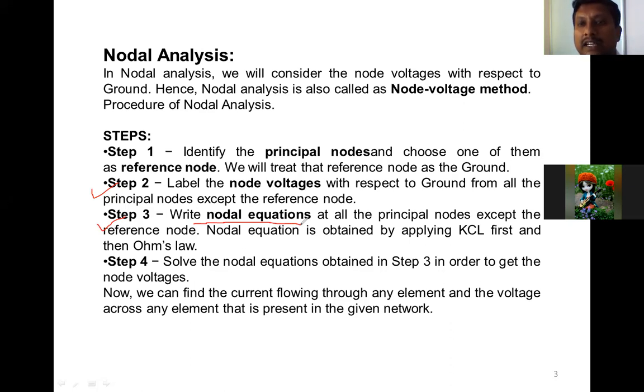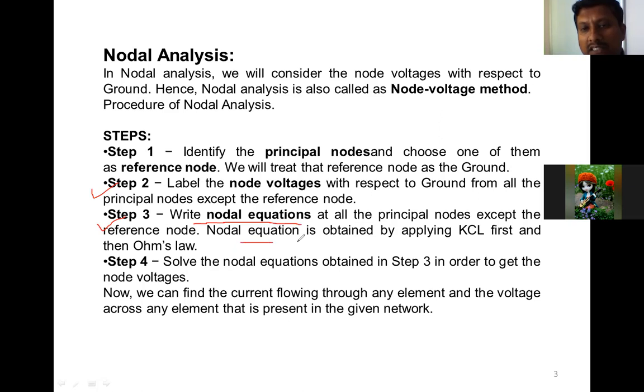Then after that, you can apply the KCL at the second node and you get the second equation. Means 2 unknowns will be there, V1 and V2, and 2 equations you can get. By solving 2 unknowns and 2 equations, you can get the answers for V1 and V2. That is the node voltage. Once you get the node voltage, you can get any parameter which is asked in the question. It may be a voltage, or the current passing through any branch, across any branch like this.